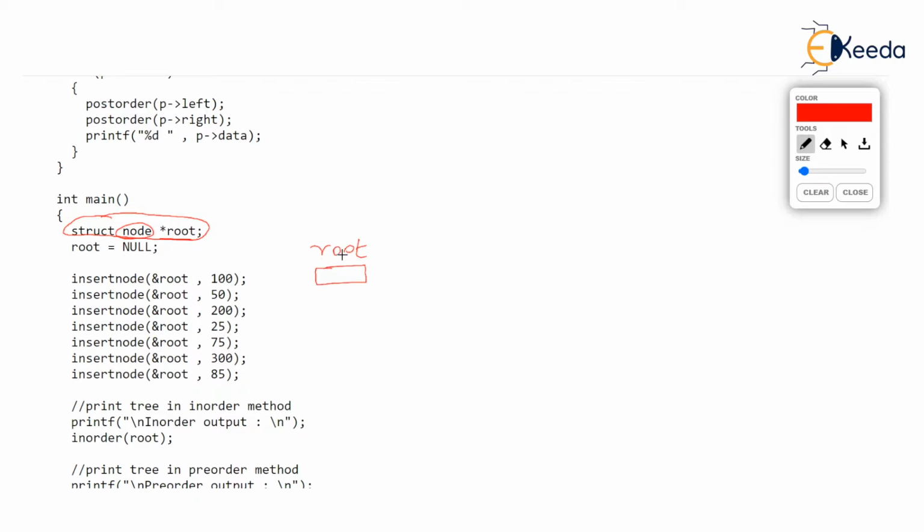Now the next line is initializing root to null. This root pointer is initialized to null. Come again. You know that whenever a node exists, like it stores 100, then the root pointer points to that node, isn't it? But root can point to a node only when the node exists. Right now we absolutely don't have any node in the memory. So the root pointer cannot point anywhere and root should be null. So that's what you call initialization of the root pointer.